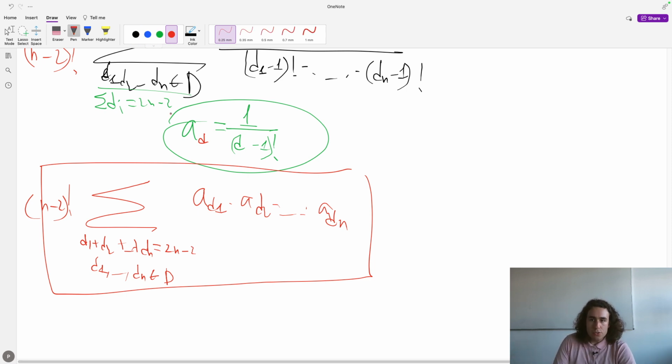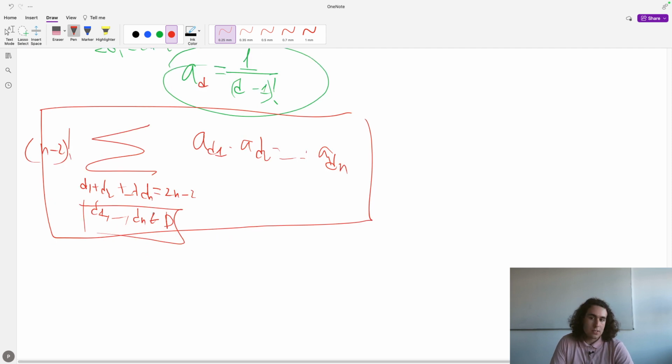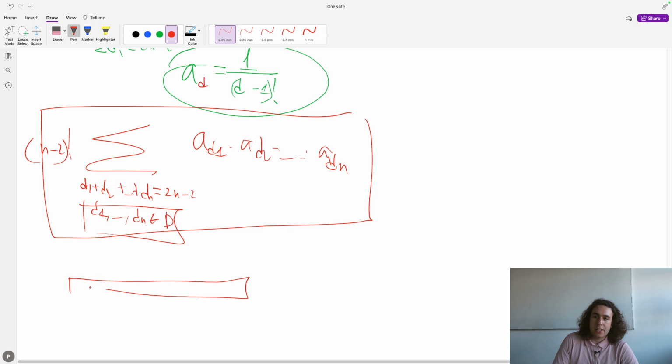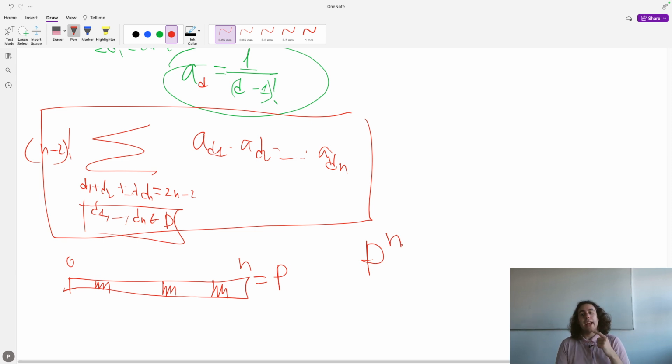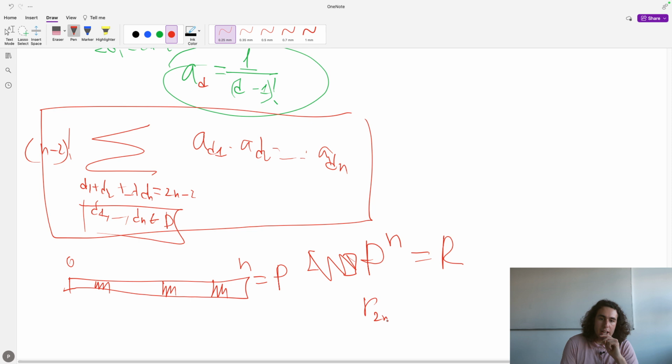And what do we convolve? We convolve these things, allowed set D. So we can just create some kind of vector of size n from 0 to n, and we're going to mark all the degrees that are allowed. This is going to be a polynomial p, and what we're interested in, we want to take p to the nth power and take its coefficient, like this is going to be r. We want to take r to n minus second coefficient,